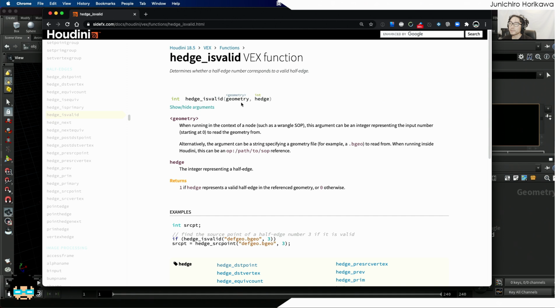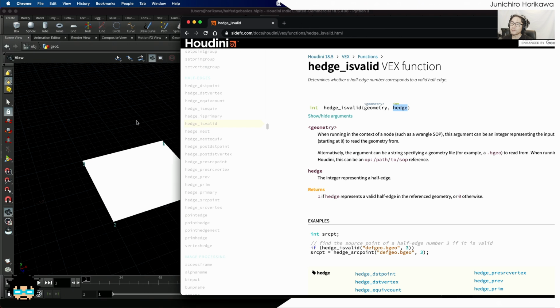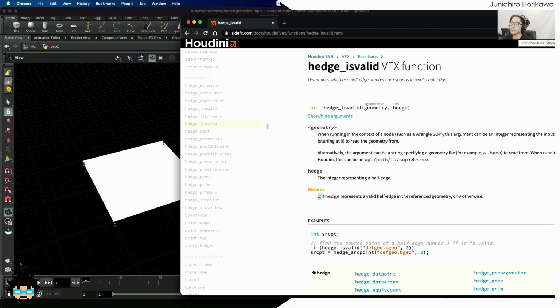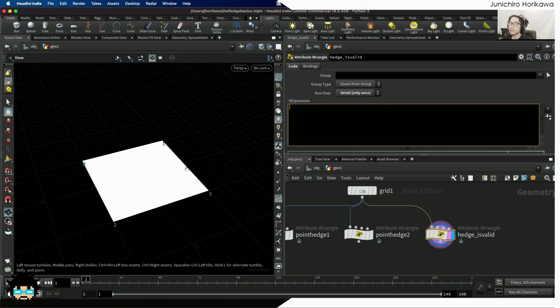Now the parameter set is pretty simple. The first input is the input number of the geometry, and the second input is the half edge number. So this can check if the half edge which you have just entered in the second parameter exists inside the geometry or not. If it exists, then it returns 1. If it doesn't exist, then it returns 0. So let's check this out. In total, we have 4 half edges here, so from 0 to 3. Okay, so if we